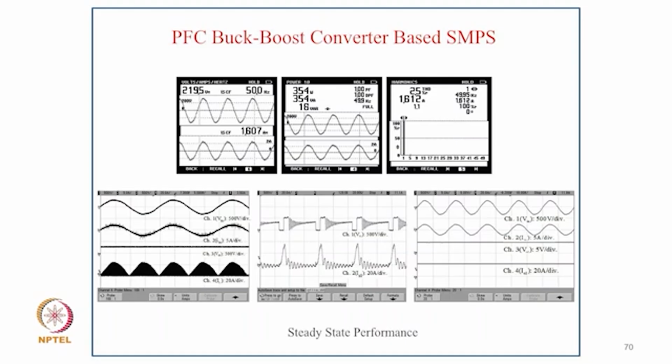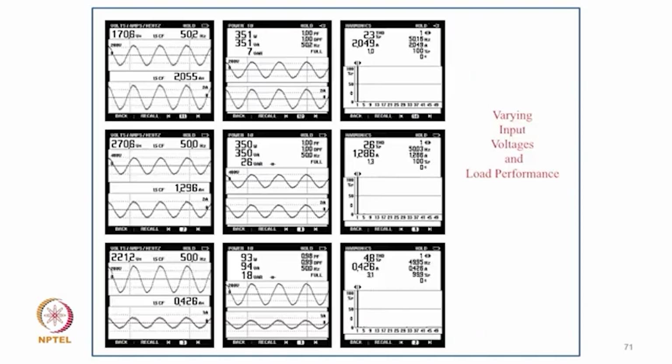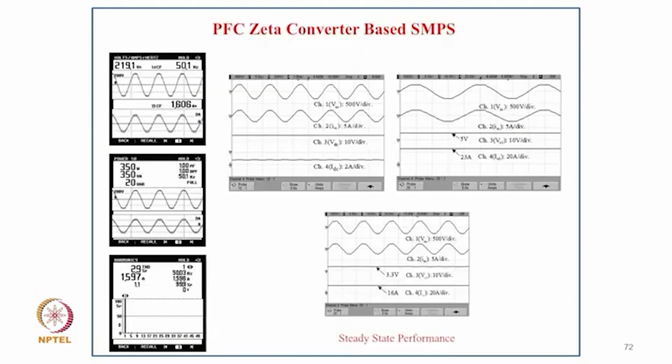And here also you get THD 2.5% with a power factor almost unity. And this is the case under varying input voltage from 170 to 270, and you get a power factor of unity always. Even in light load condition, you get the THD less than 5%. And this is, of course, PFC in the Zeta converter case. These converters are all designed in the lab and developed, and you get THD 2.9% with power factor almost unity here.